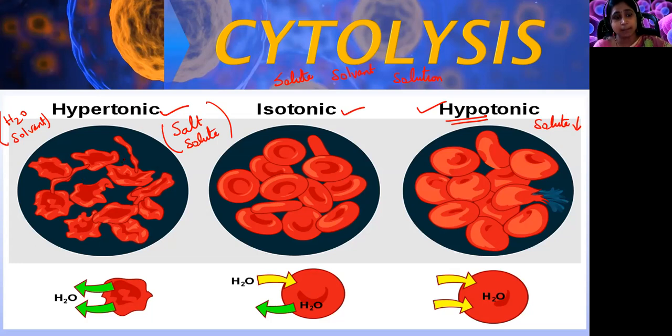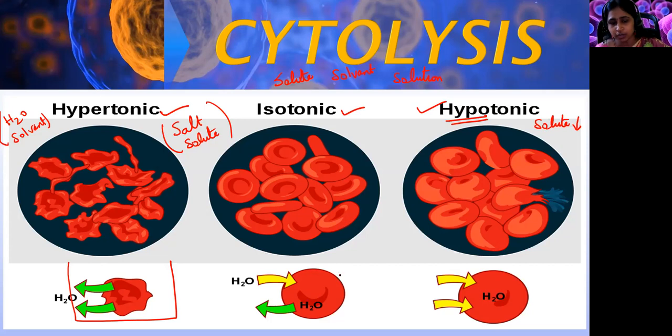So here the salt concentration is more in this medium. If any cell happens to be placed in this hypertonic medium, see the condition here. The water is moving out, because the water concentration is less in the medium. So the cell will lose water, and what do you call this? Cytolysis or plasmolysis, that we are going to see in the next slide. First observe what will happen, whether it will lose water or the water will enter. In this case it will lose water.